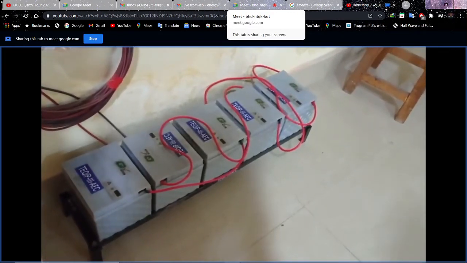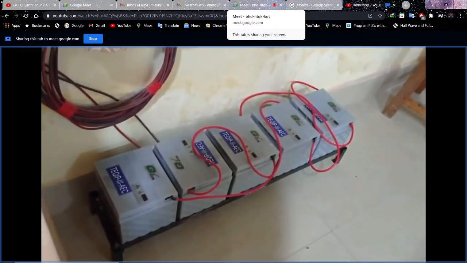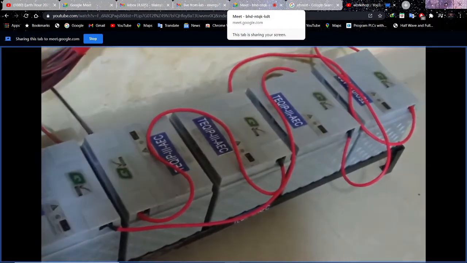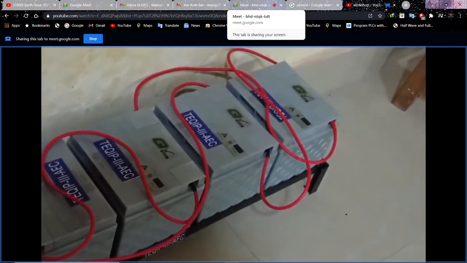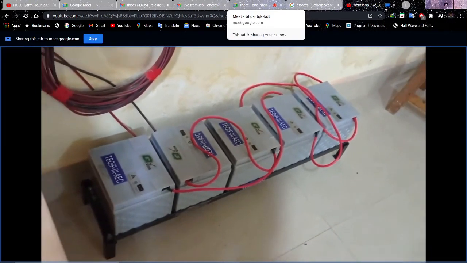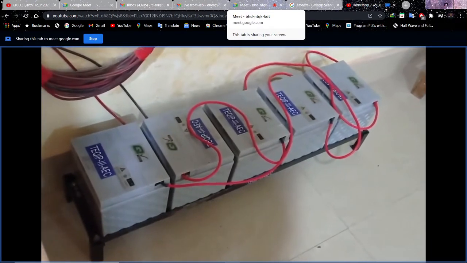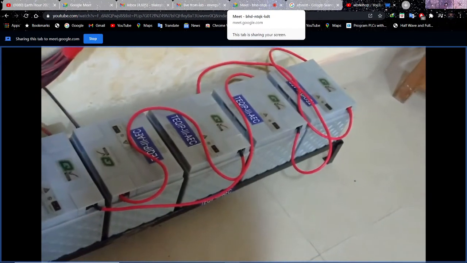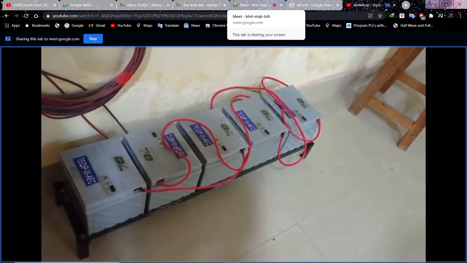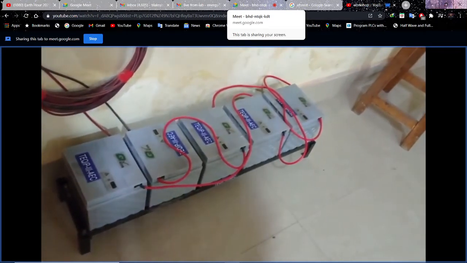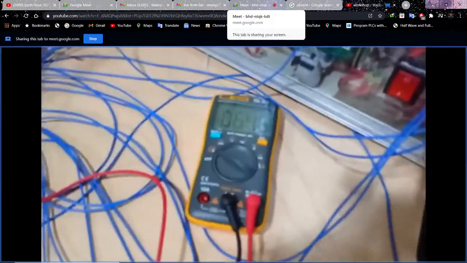Previously we explained the working of the boost converter with the help of solar input, or the input from the PV panels. Now we will explain the working of the converter with the help of the battery bank. We have 5 batteries here in the battery bank. The output of the battery bank is 64 volt. We can check the present output of the battery bank, which is 64 volt.